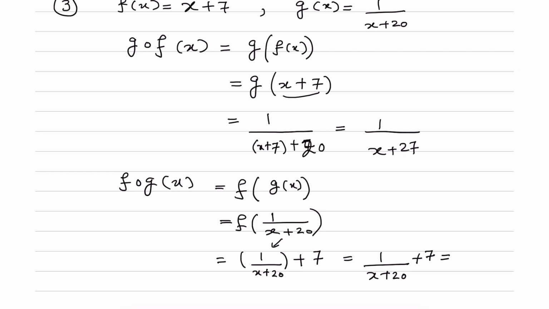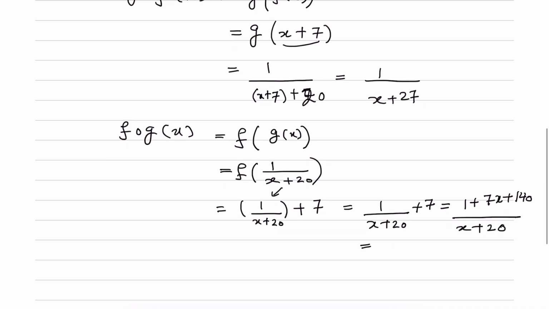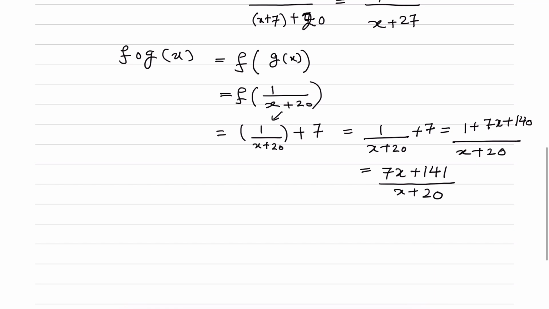We can simplify this by taking the LCM, which is x plus 20, 1 plus 7x plus 140. And finally we can write it as 7x plus 141 over x plus 20. This is how we compose the functions,